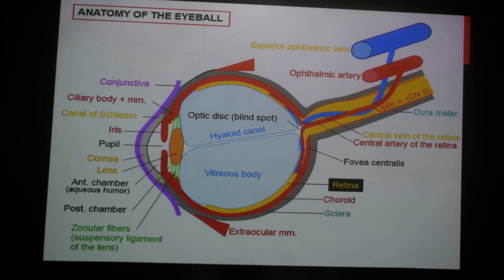Which angle? This angle between the cornea and the iris is the iridocorneal angle at which the canal of Schlemm is lying. So if this angle is narrow, it would be difficult for the fluid to drain, and as a result you would have a raised intraocular pressure. The normal intraocular